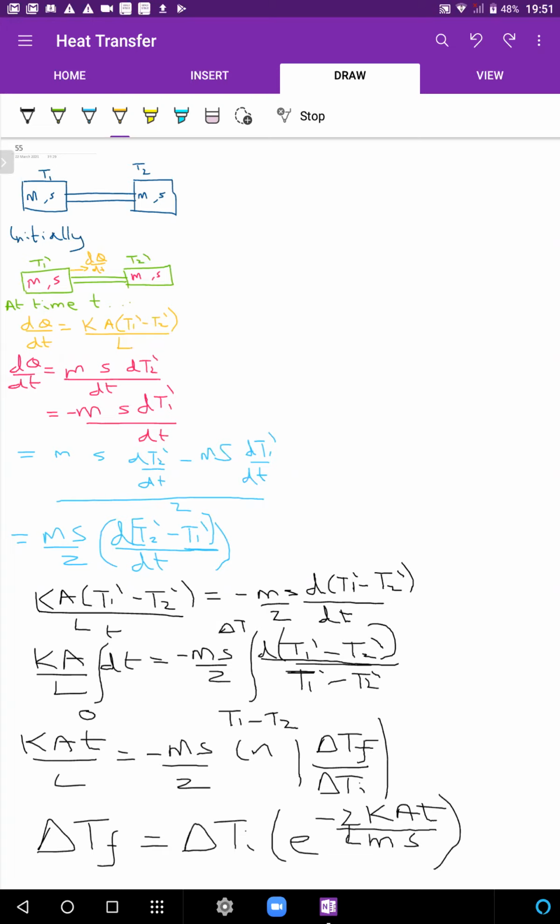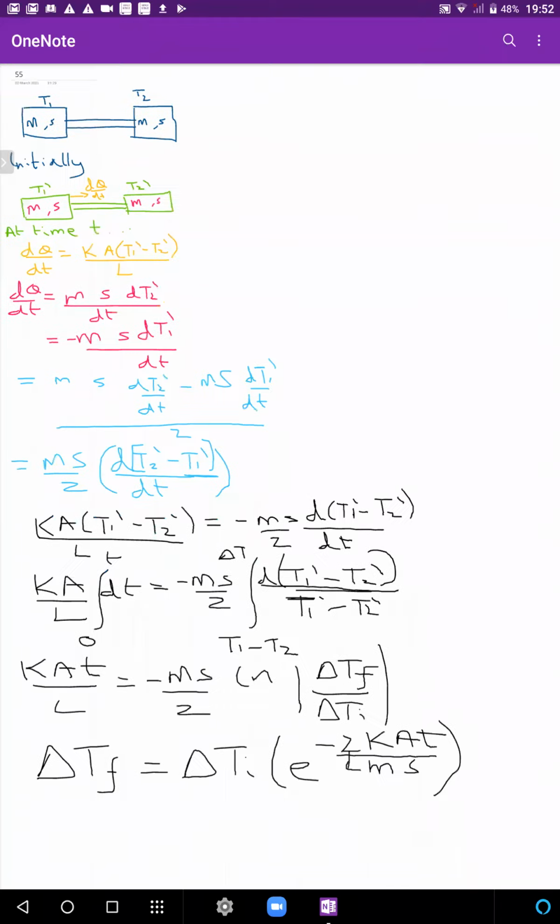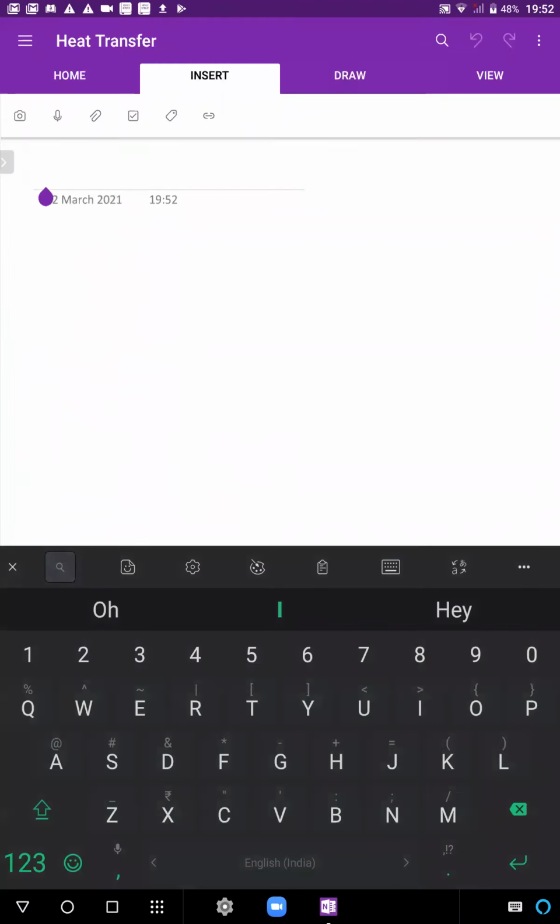So with that, we're almost done with heat transfer. Of course, we'll try to discuss the homework sometime, but let me give you some time to attempt the homework, and maybe you can also try to look at the video solutions so that in the end there are fewer questions to discuss. Most probably the video solutions may clarify most of your doubts. All right. I hope everyone was done with that.